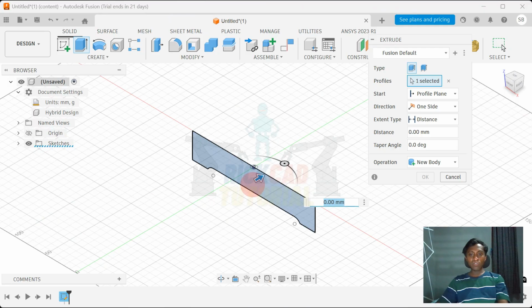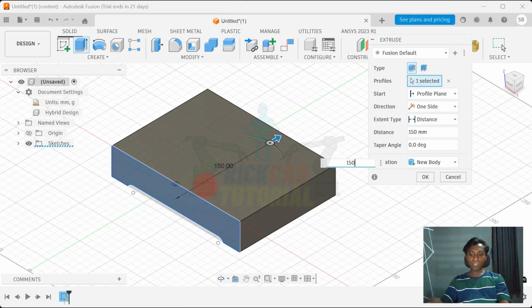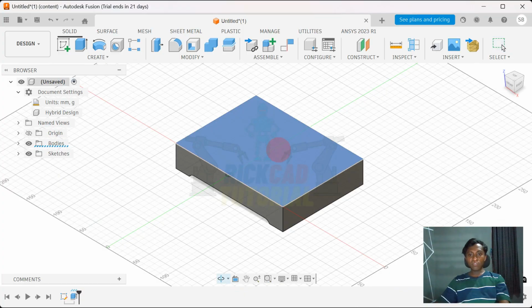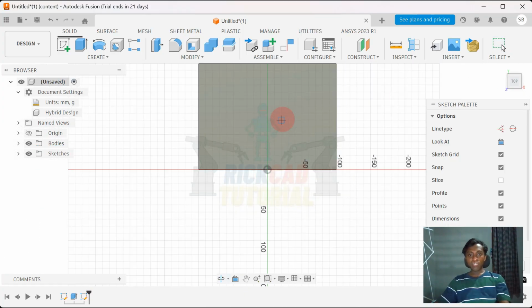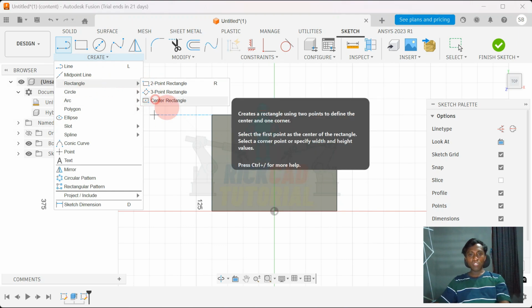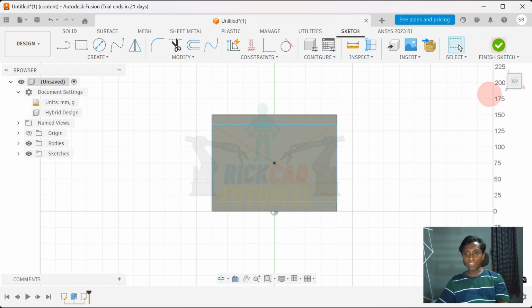Let's extrude the space, make it 115. That's a new value, okay. Take the space and press L, start to make a sketch on the space. Use a center rectangle, find the center point, and also find the center point right here, okay, and make it 400, and this one is 120, and enter, finish sketch,